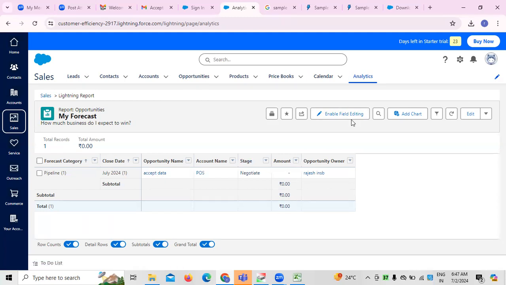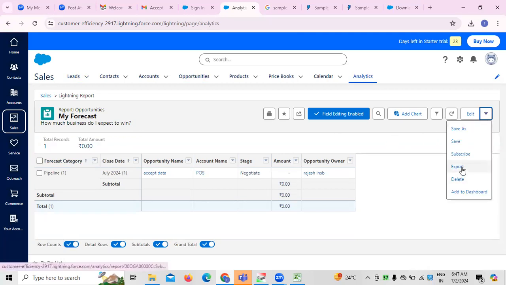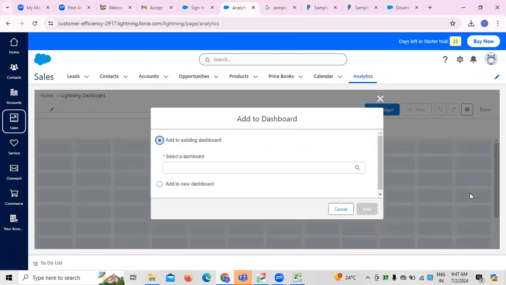If you want to enable any kind of field editing, you can enable it, considering different things, for example row counts. We have a choice where we can enable or disable it. If you want to add or import records to the existing ones, or export records, or add these records to the existing dashboard for analytical purposes,